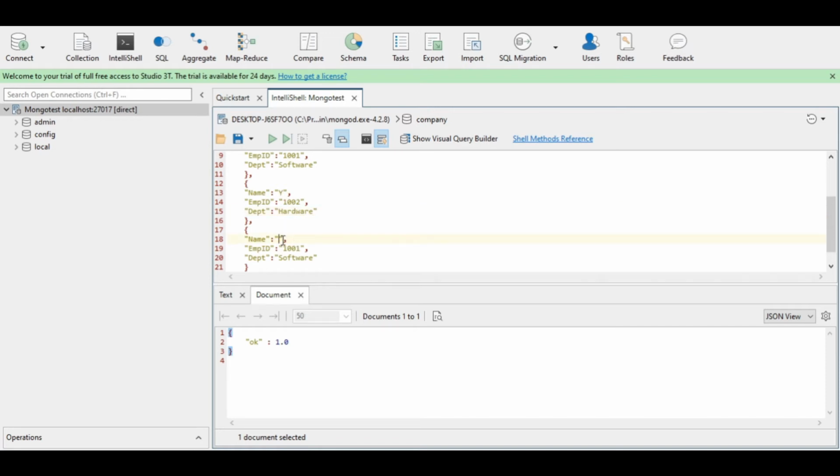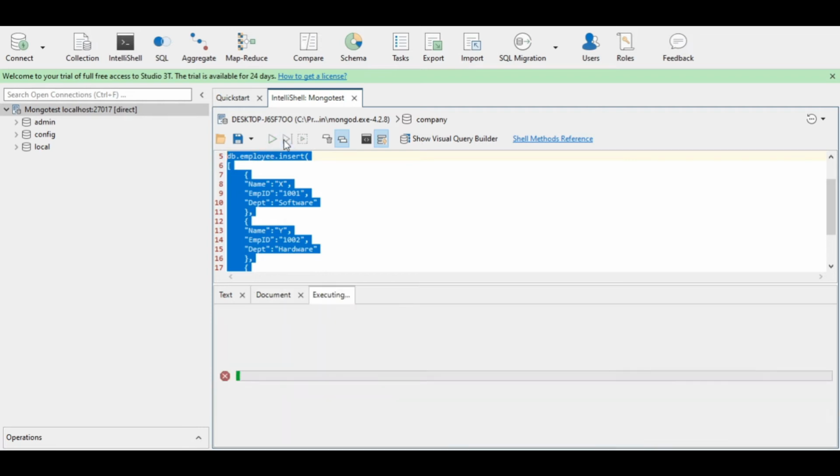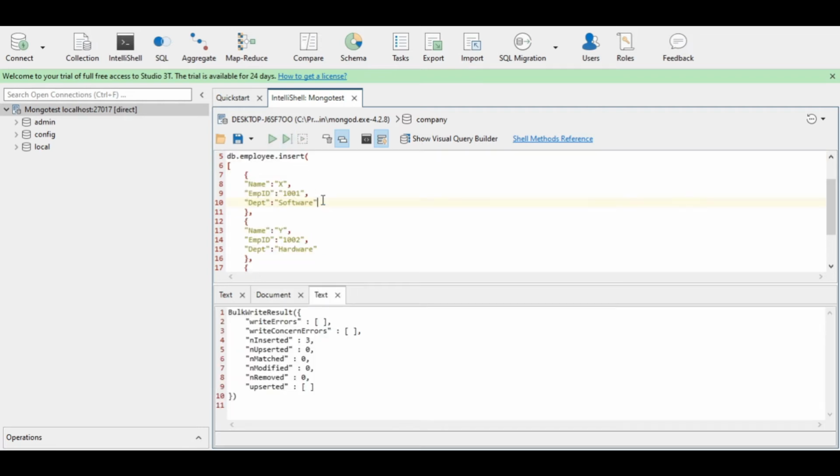Here the name of the employee be Z, the employee ID be 1003, and here also the department is software. Now we will execute the query. Select the query, execute. So nInserted: 3, it means 3 documents have been inserted into the collection successfully.